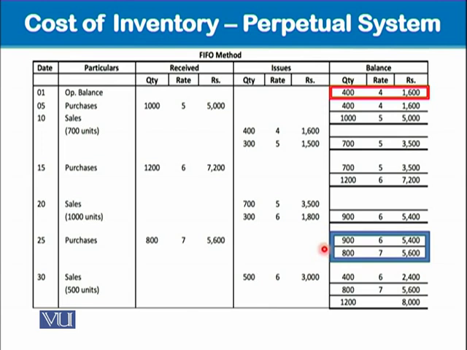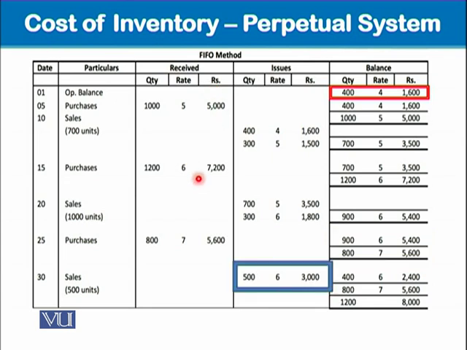inventory. Okay, so we are using first in first out method, and we are following perpetual system of accounting, and we are working out cost of inventory. All right, next is issue of 500 units. We have sold 500 units, means from the storeroom we have issued 500 units to the customers. Okay, so the cost of these 500 units will be worked out under first in first out method by taking it